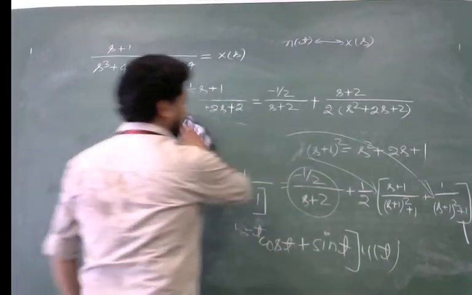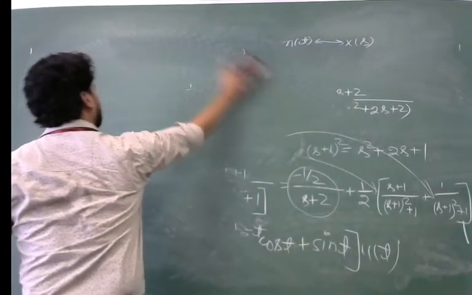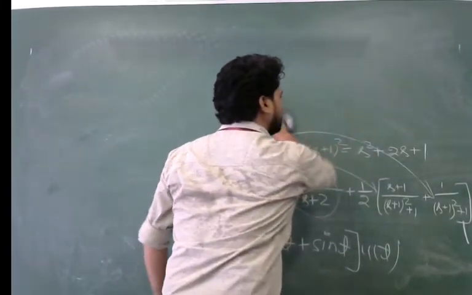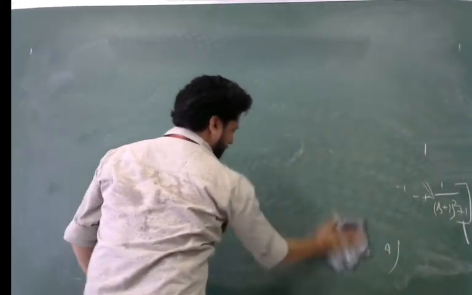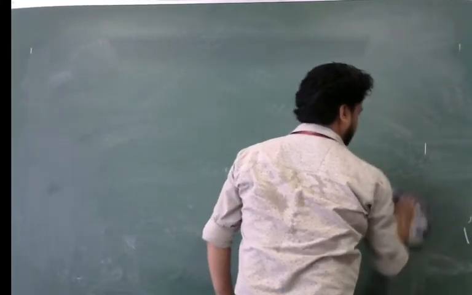Now consider a few examples to apply the concept of the convolution theorem in the Laplace transform. As we discussed in the previous lecture also, if the Laplace transform of x1 of t is x1 of s and the Laplace transform of x2 of t is x2 of s, then the Laplace transform of x1t convolution with x2t will be equal to,